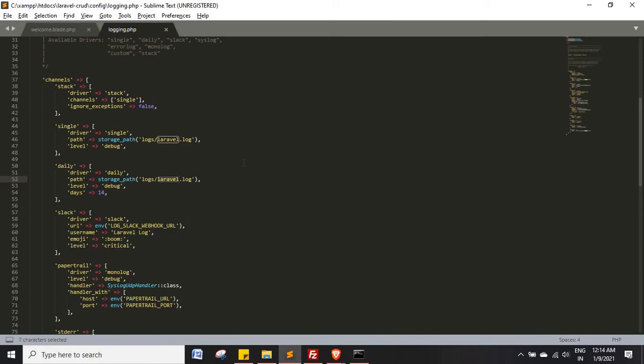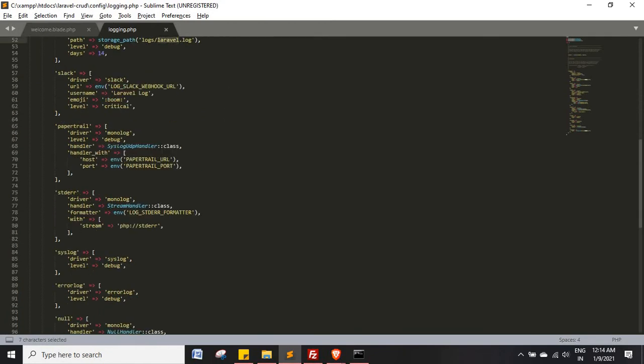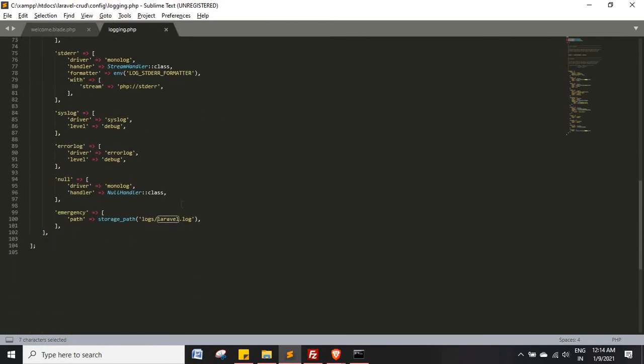But other than that, you can create your own logger. Instead of going to the database directly, you can just go to your project folder and check it. So we will see how you can create it.